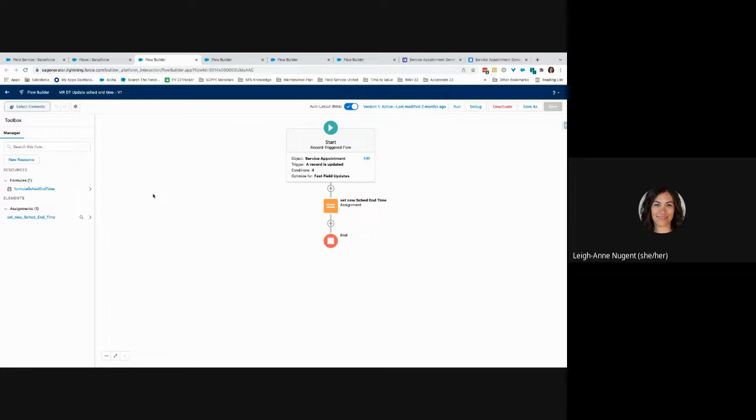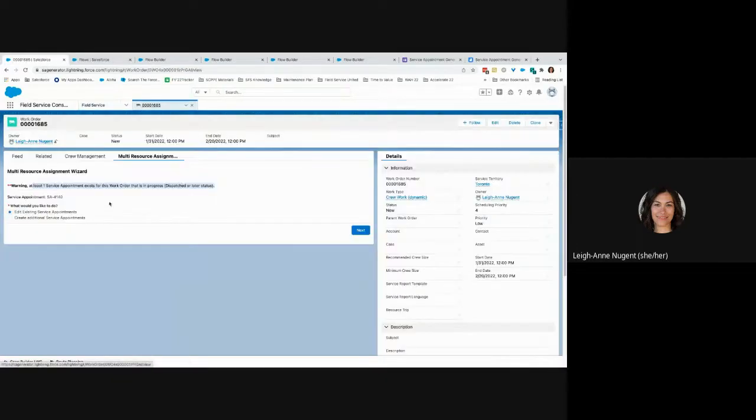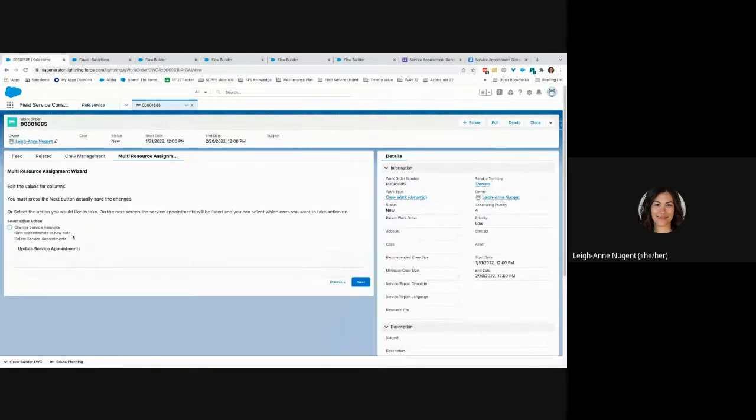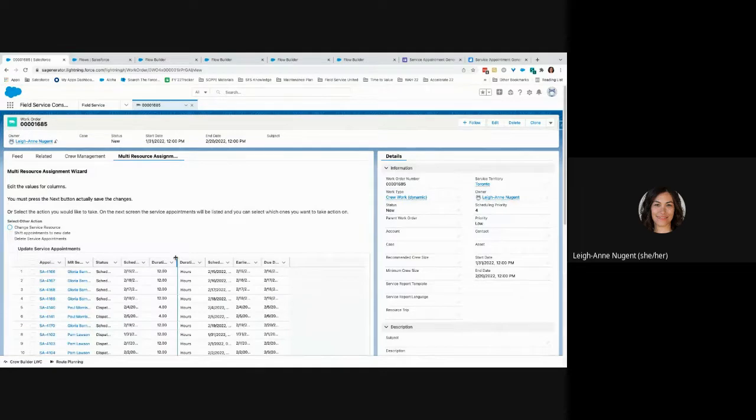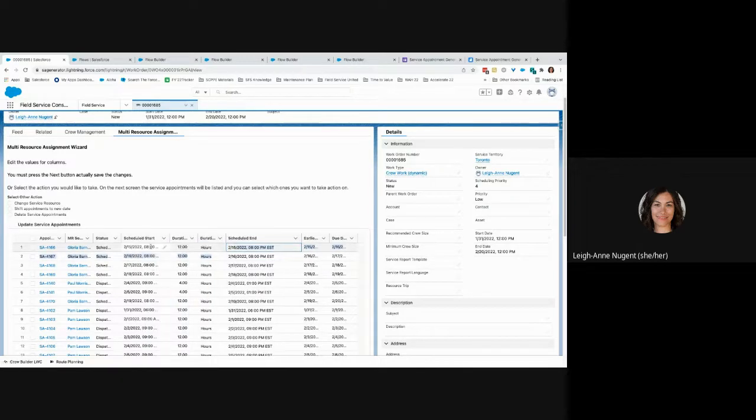There is a scenario where we give the end users the ability to edit the existing service appointments. And if they want to just change the duration, we're not giving them the ability to change the scheduled end, but if they are changing the duration or they're changing the scheduled start, the scheduled end will change,